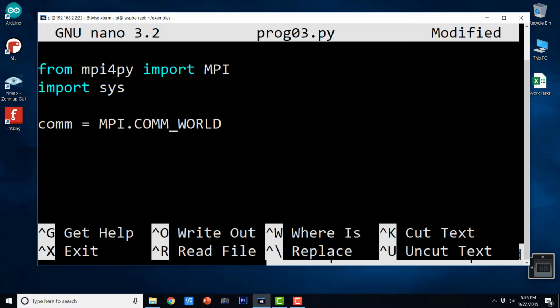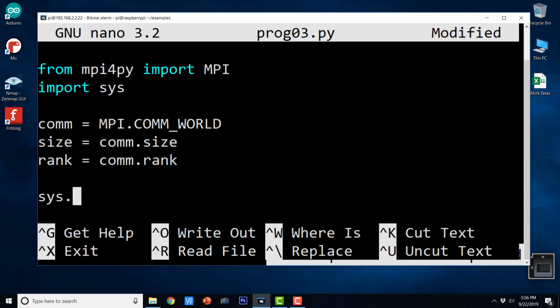Now this is our MPI world and the size of the com is going to be number of processes. So I'm just going to say size equals to com.size and rank equals to com.rank. So we have already seen how to check the rank of any process.